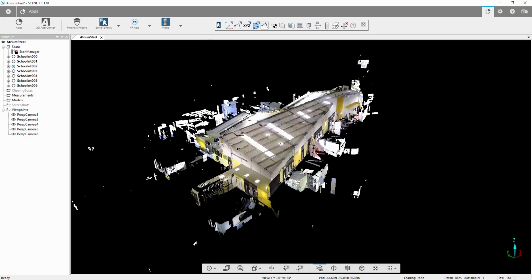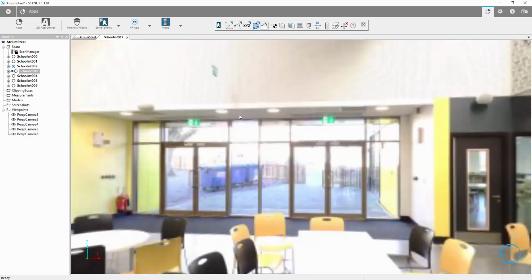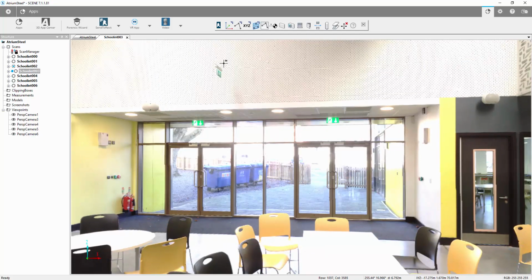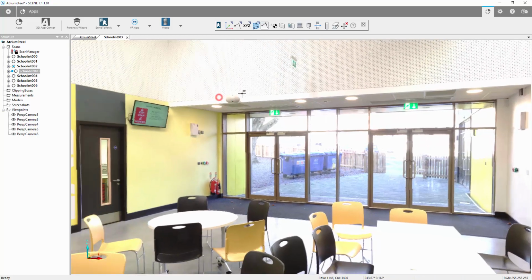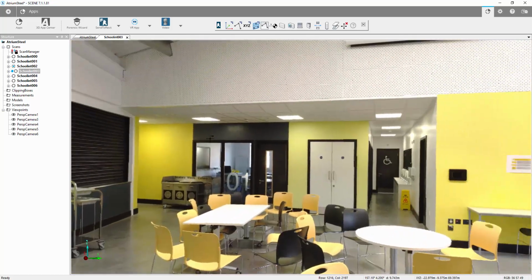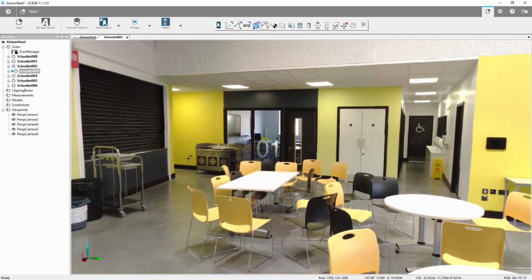We can use these within the 3D view, but we can also use these within the quick views. So I'm just loading in a quick view now. The first thing you'll notice is that my cursor has changed and I have this 3D selection function. If I was to click now, that would create a point on that surface. However, to navigate in Scene now, we need to hold down the Shift key with our standard left click to enable us to pan and rotate around. If I just zoom in